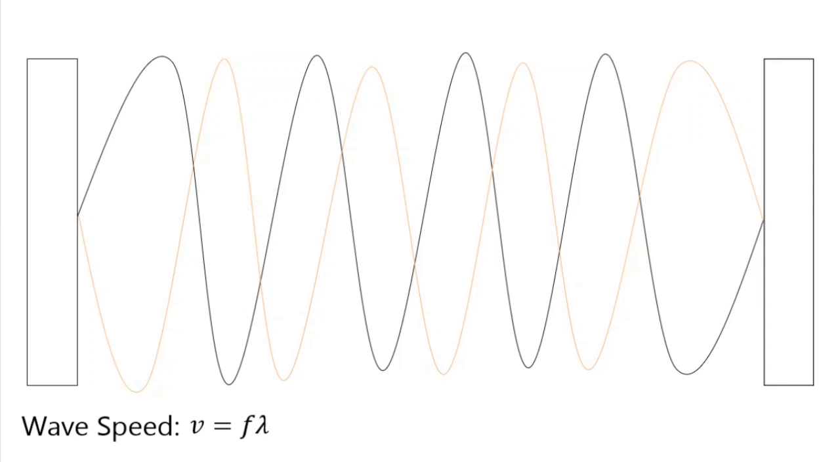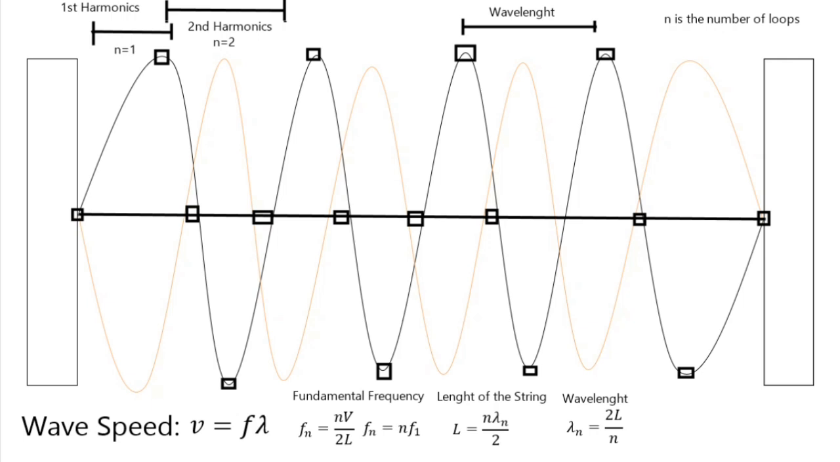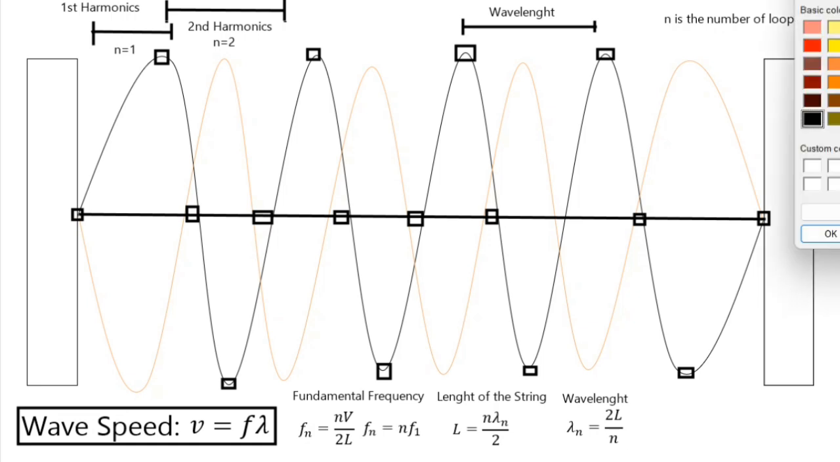Today we're going to understand the waves on a string. So let's say we have a string here and we just pull it up. We pull a tension force into that string. So we will have all of this. We already know the wave speed, that is going to be velocity is equal to frequency times the